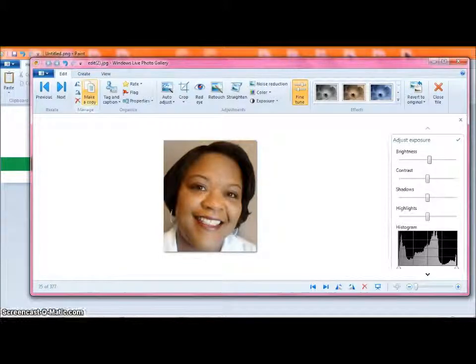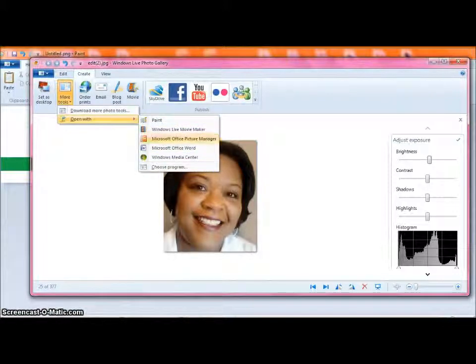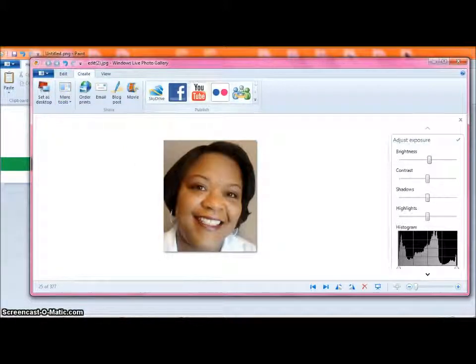You can also make a copy. You can also click the create button and open this photo in another format. If you have another format on your computer that you'd like to have the photo in, you could do that. And then you can also upload this photo to YouTube if you choose. But for now, we're just going to take this photo and simply